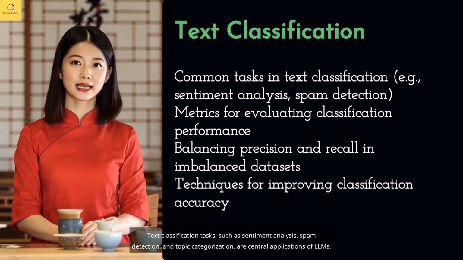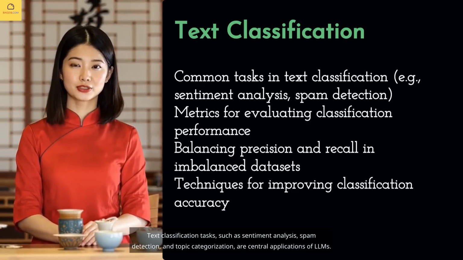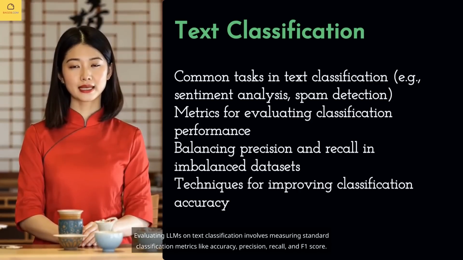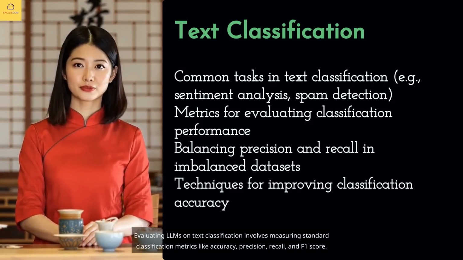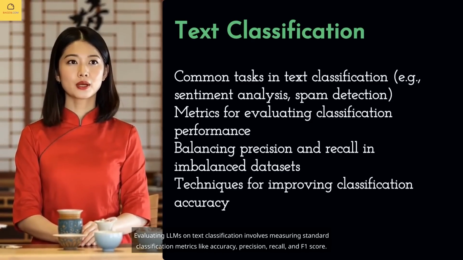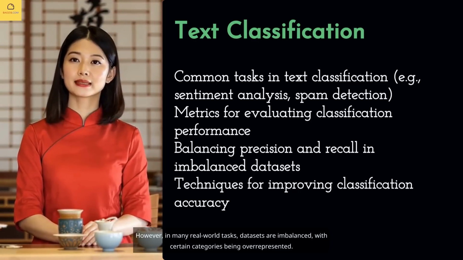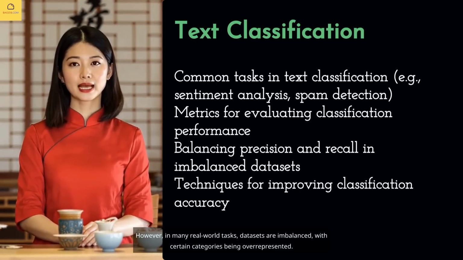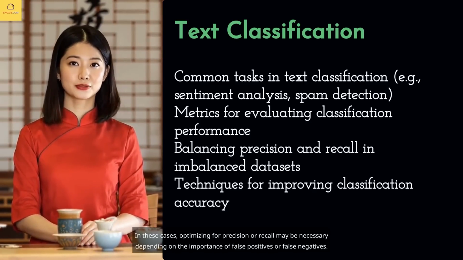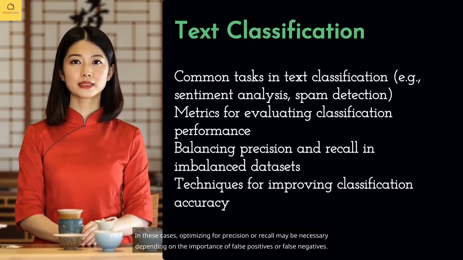Text classification tasks, such as sentiment analysis, spam detection, and topic categorization, are central applications of LLMs. Evaluating LLMs on text classification involves measuring standard classification metrics like accuracy, precision, recall, and F1 score. However, in many real-world tasks, datasets are imbalanced, with certain categories being overrepresented. In these cases, optimizing for precision or recall may be necessary depending on the importance of false positives or false